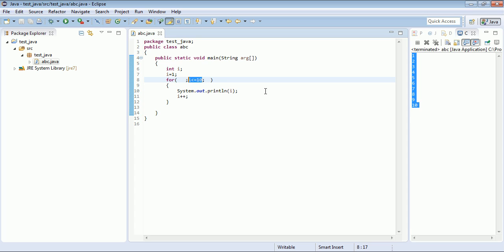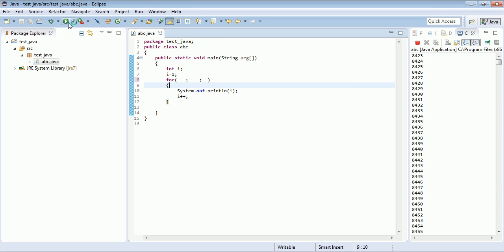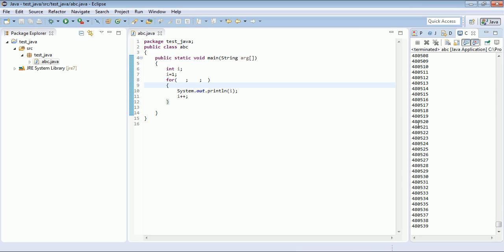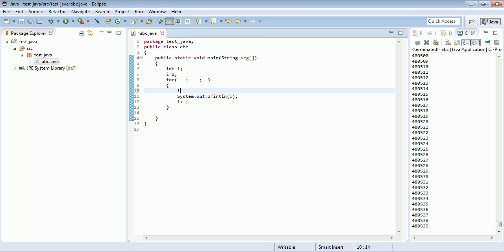You can also omit the condition here, and we can leave these 3 parameters blank, but again, since there is no condition, it will keep printing, or the loop will be executing infinitely. So I will write a condition here using if, like if i is less than or equal to 10, then only do these steps, otherwise do nothing. So if we run this program,